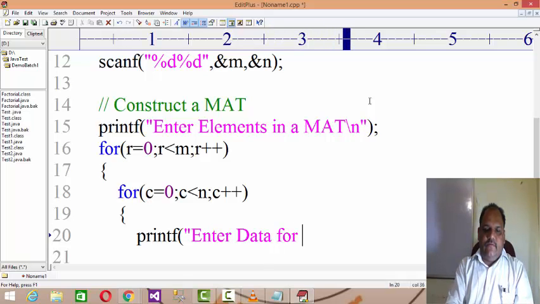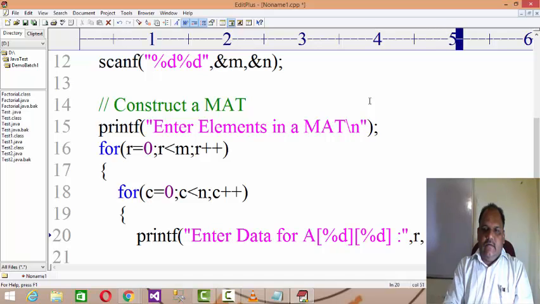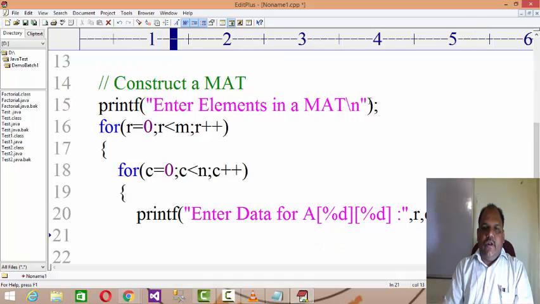%d of %d and %d, right? Here it will ask you to enter data for a of 0 of 0, then a of 0 of 1, because for one row the column has to iterate up to n, right? And then you scan the data at the address of a of r of c.